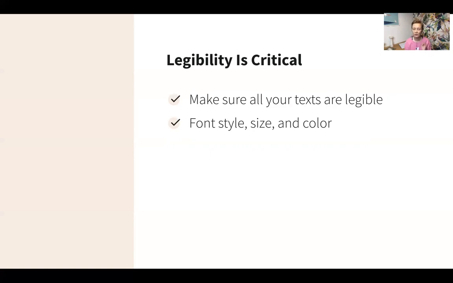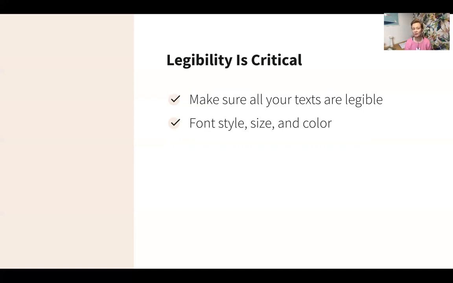So think carefully if the font is difficult to read. Sometimes I see scripts that are very difficult to read. You could probably get away with it if you use a script for just one word as an emphasis and as a larger word as a decoration of some kind, but it's difficult if it's multiple lines or even a title of some kind. So it can be difficult. So make sure that you use appropriate fonts, you use them in their correct size,